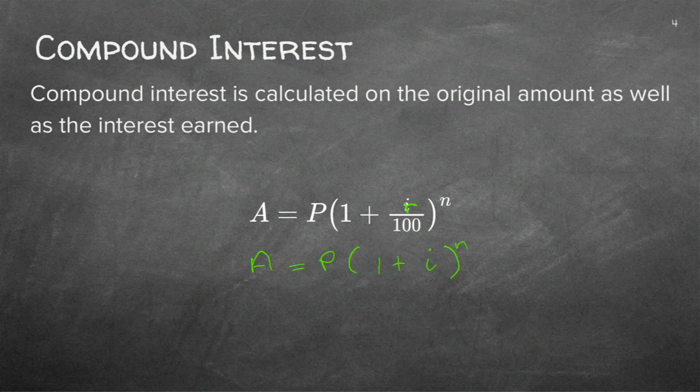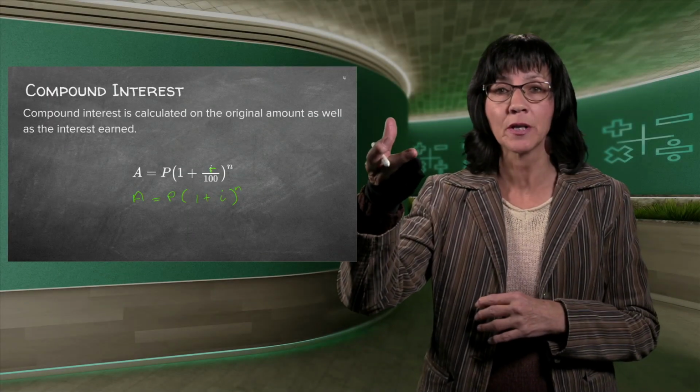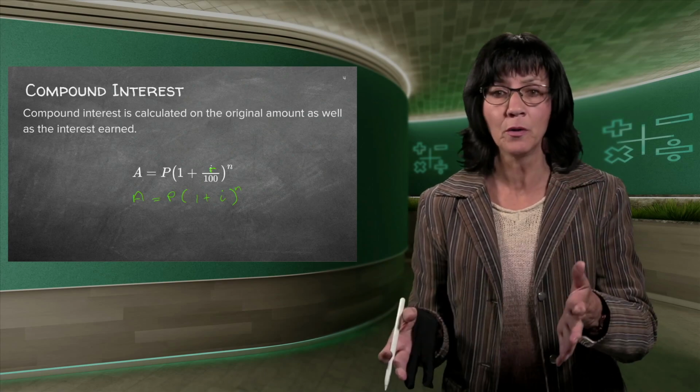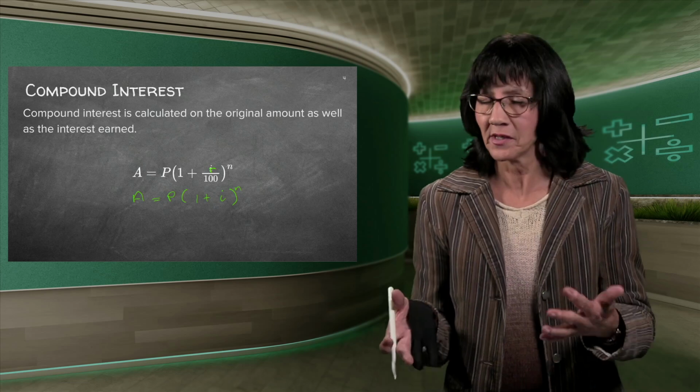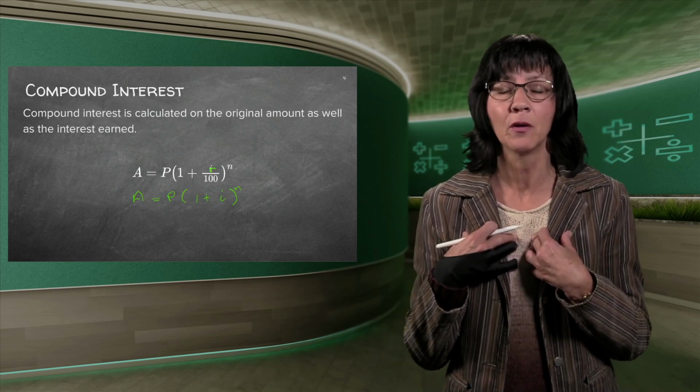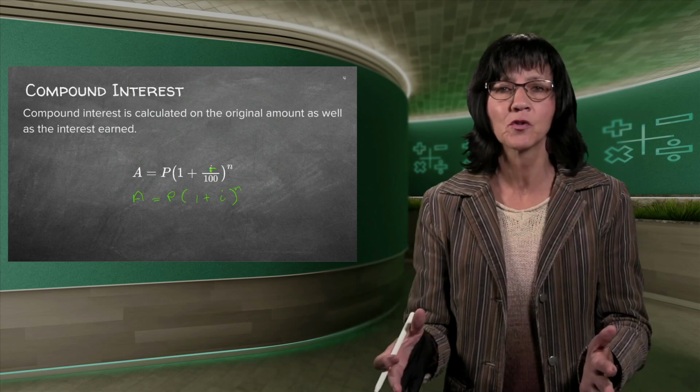Now the only difference between this one and the simple interest, can you see the little n? It's not next to the i anymore. It's not simple anymore, straightforward multiplying plus and minus. It's now got an exponent. And you all know that when we work with exponents, it's a little bit more complicated, although a formula is a formula. You do exactly the same that you did for simple interest. So I can actually stop explaining now, because you do exactly the same as you did for simple interest.